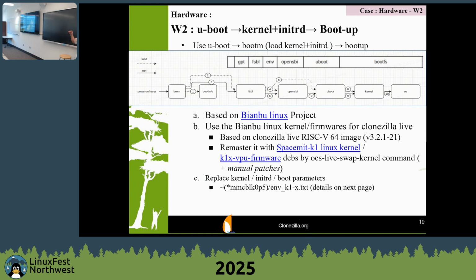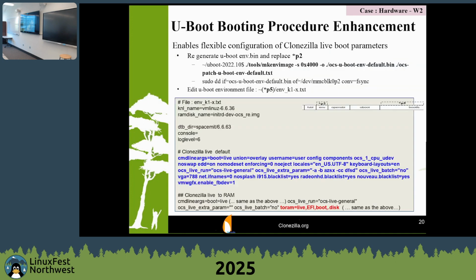With this command, if you have the DEB package for the kernel, you can switch the kernel. Same thing for the RISC-V or ARM architecture. This is especially important when the vanilla kernel does not support the hardware; you can do something like this. So that's the one I mentioned. We have to remaster Clonezilla Live with the kernel provided by the vendor, and we replace the kernel and also the boot parameters, something like that. Okay, so here are the details we have done for the